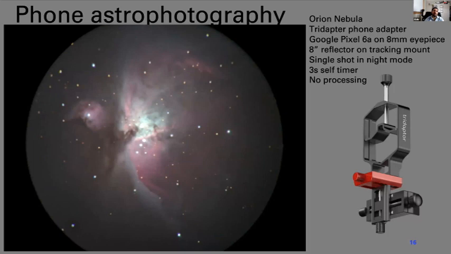I also tried the Horsehead Nebula. I tried one or two other ones as well, like the Crab Nebula, and I was able to see them just fine in a single shot. And if I took multiple shots like that and just stacked them at the end, I would likely get a much better result. But since I'm going for simplicity with cell phone astrophotography, I didn't bother with any manual stacking or taking raw frames. I just let the phone do everything and just took one picture to share over here, just to show what can be done with a basic telescope and a basic phone.